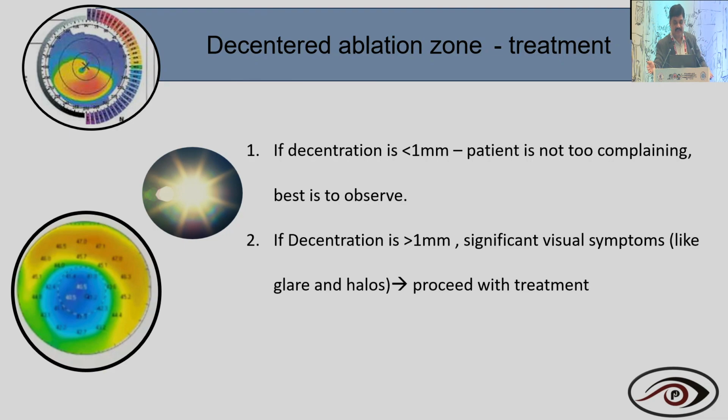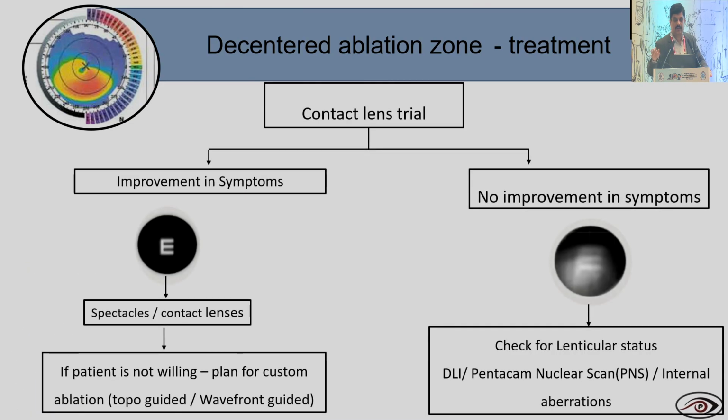If the decentration is more, suppose more than 1 mm, and the patient is having significant visual symptoms, then proceed for the treatment. This is a small chart I am just putting up. Even if people tried a contact lens trial and you see improvement in the symptoms, you can continue with that. But if the patient is not willing, then you should plan for either a topo-guided or